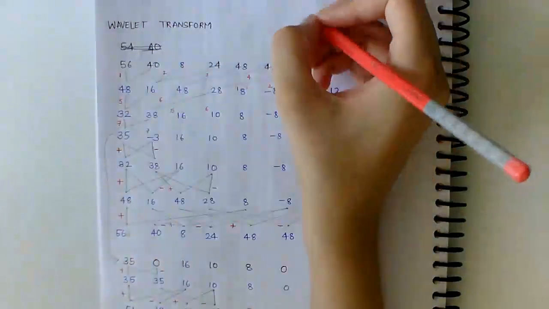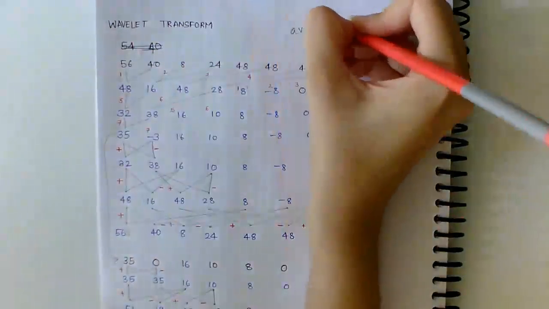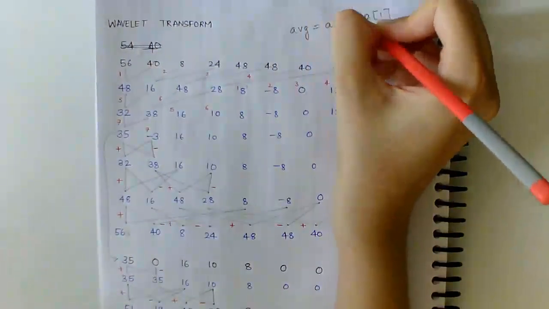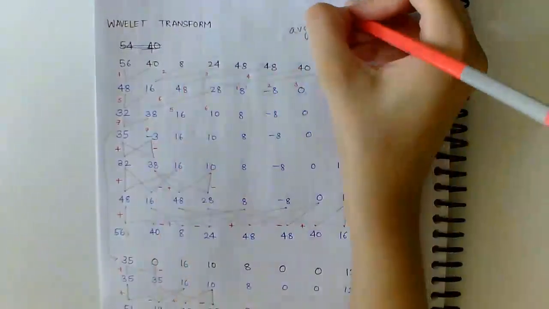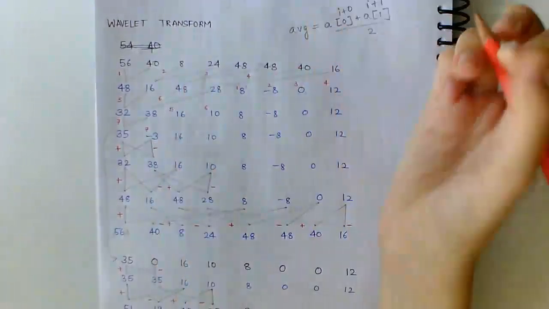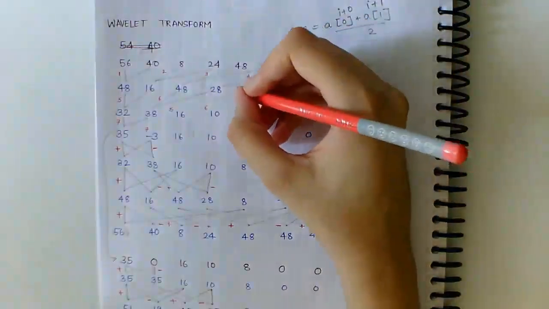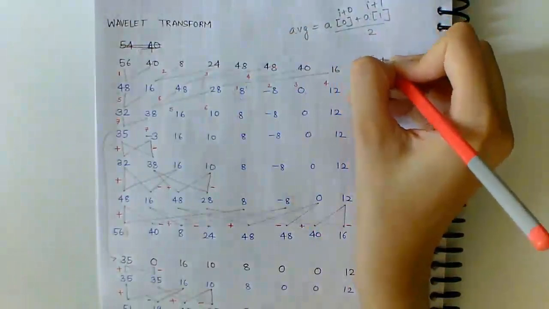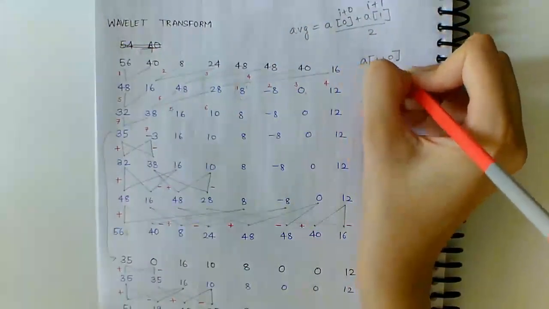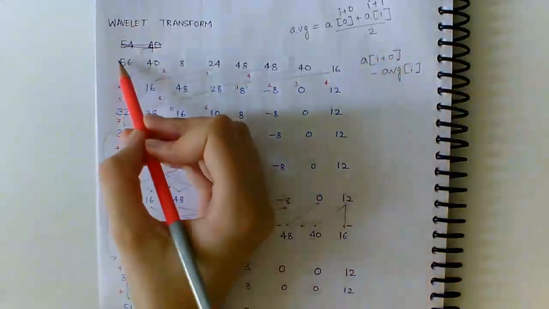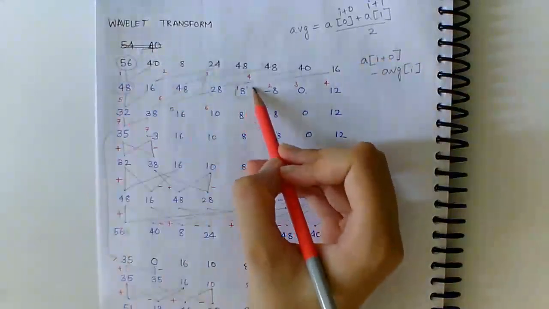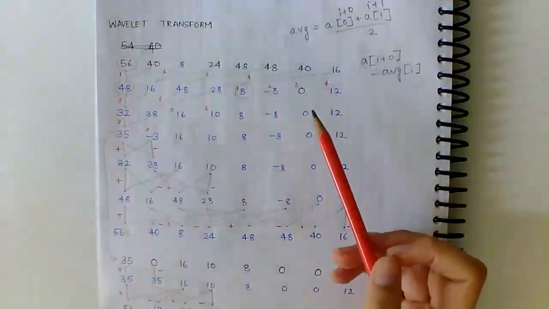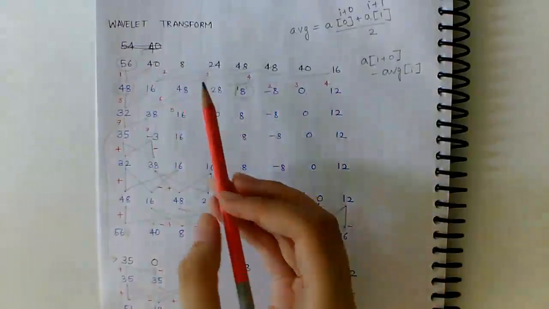So the first value is the average of a0 plus a1 by 2, and we keep on shifting it, so it becomes I plus 0 and I plus 1 for the whole array. And the value starting here is a of I plus 0 minus average of I. So the value of 56 minus 48 becomes 8. I have written 1 2 3 4 here, and similarly 1 2 3 4 here, so as to remember.